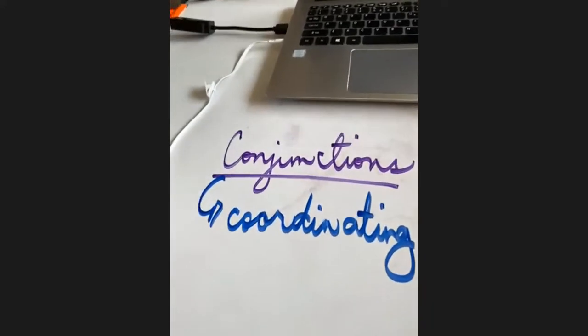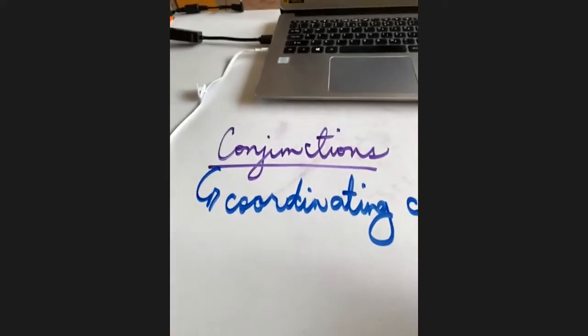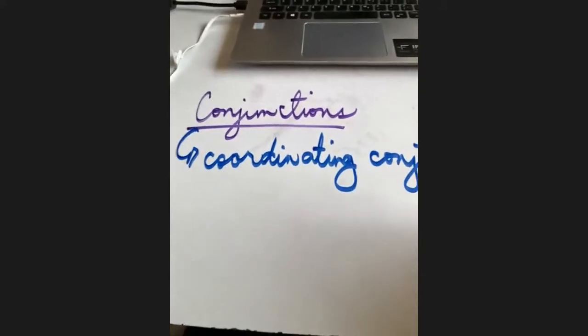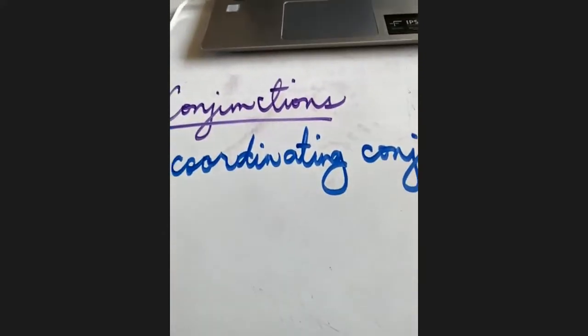What are the 7 commonly used coordinating conjunctions? If you look at your module, or even without looking at your module, you'll be reminded of an acronym to represent the 7 commonly used coordinating conjunctions in grammar and in the English language. We are referring to the acronym Fanboys, as each letter corresponds to one particular